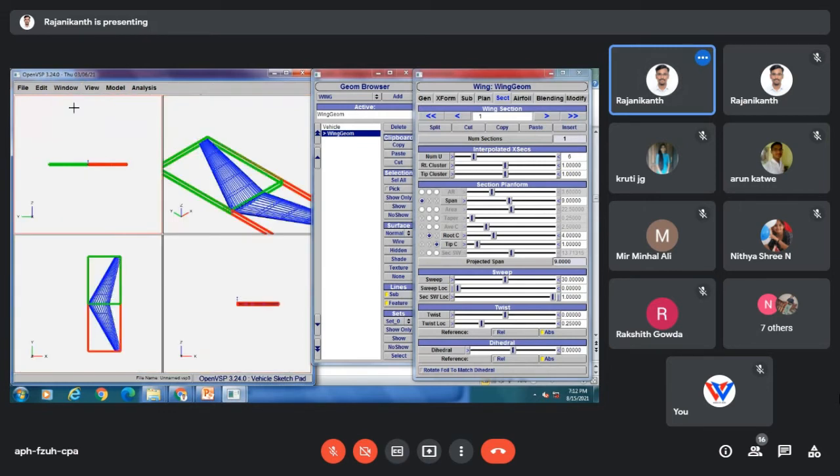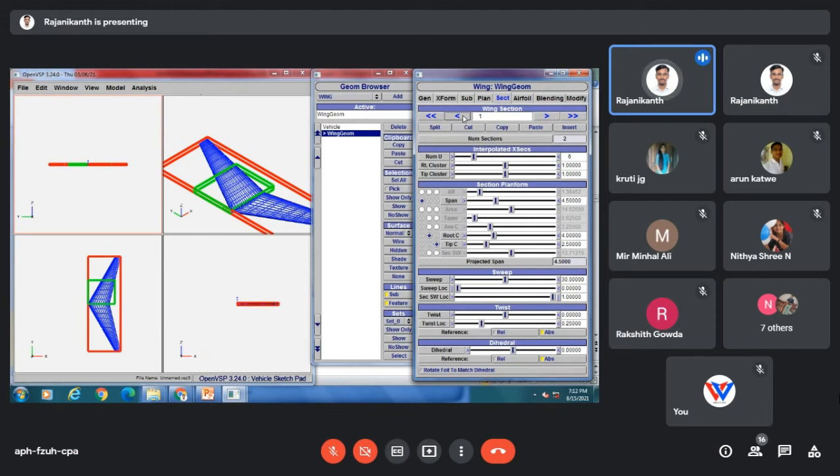So we will use views, 4 views. Currently we have the default parameters. Here we have only one section. We'll split this section into two. This is our first section and this one is our second section.